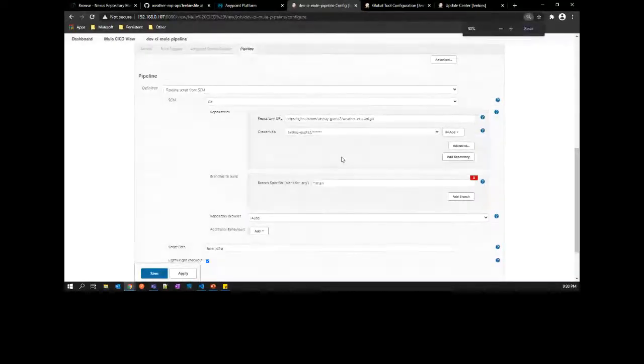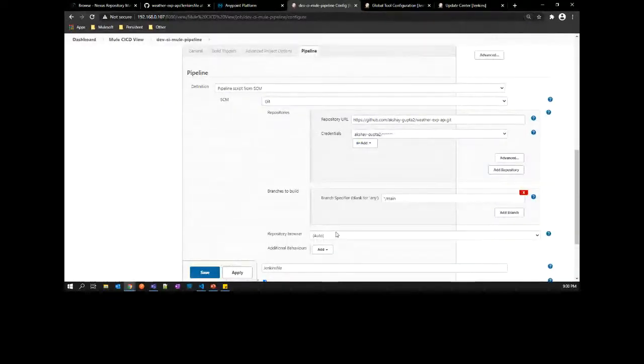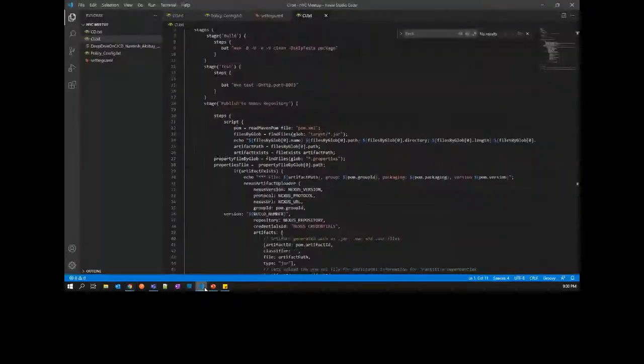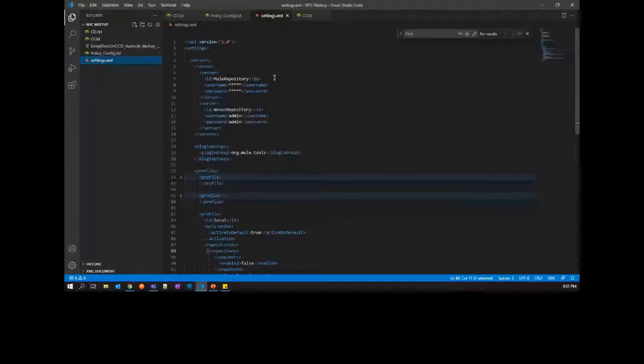Abdul, I will come to that point for the Nexus in settings XML. There is one credential setting. Let me delete that and I'll show you a quick setup of it. Or Akshay, if you have that one handy, would you please show it to Abdul? Yes, here we have our settings.xml. Devendra, there is no deploy Cloud Hub tag in POM XML. This is a simple CI. It is just packaging of it.